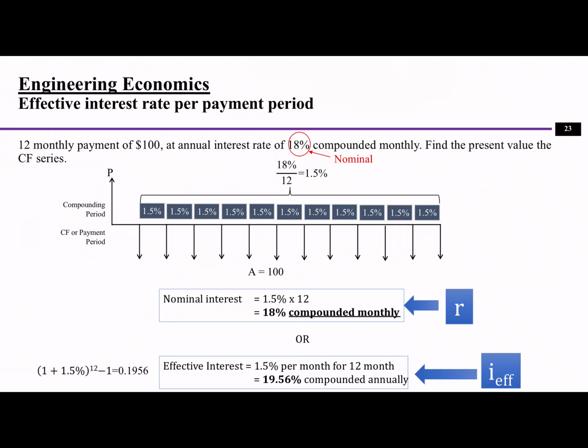Well, the effective interest rate, if you want to gain the same as a simple interest rate, right? We want to find the effective interest rate. So the effective interest rate for that will be 1 plus 1.5% to the power of 12, minus 1, right? And equals what? Equals 0.1956, right? So the effective interest rate we get is actually 19.56% compounded annually, which means that you go to the bank,